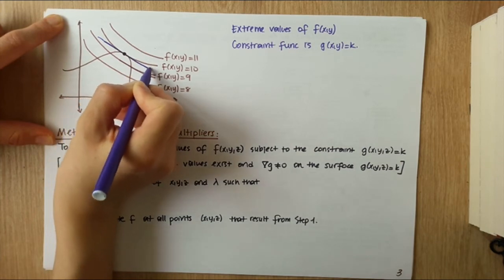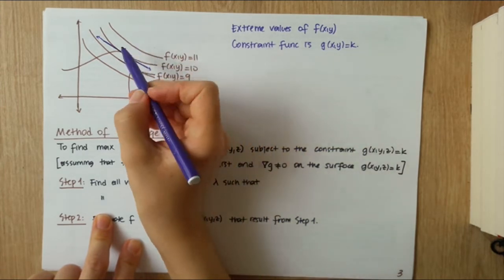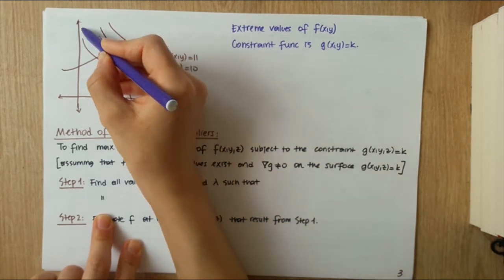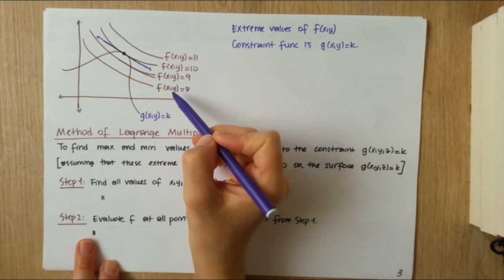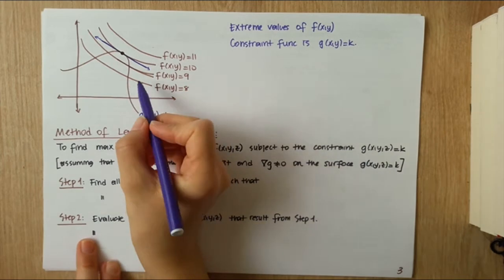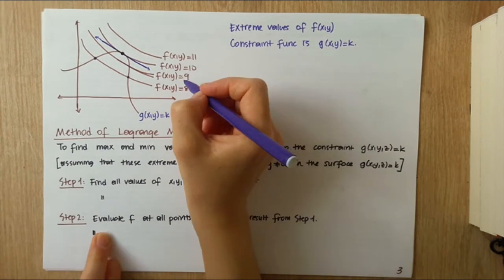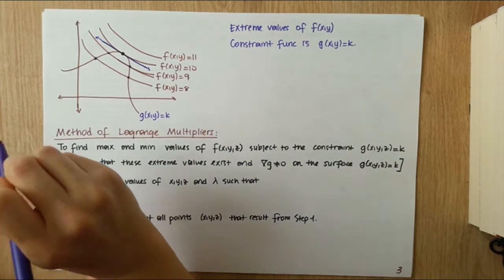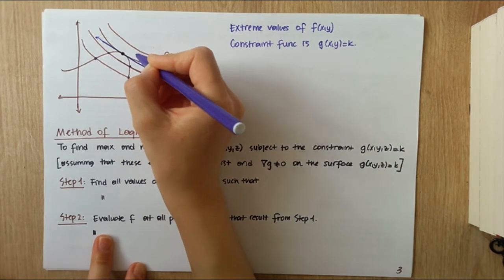So the maximum value of this function subject to that constraint occurs when this level curve and the level curve of f have a common tangent line. Why? Otherwise, as you can see, the value of c could be increased further. For example, for that level curve we have two intersection points. If I increase c to 9, I still have two intersection points. But if I increase it to 10, then I have a tangent line here, and I can't increase